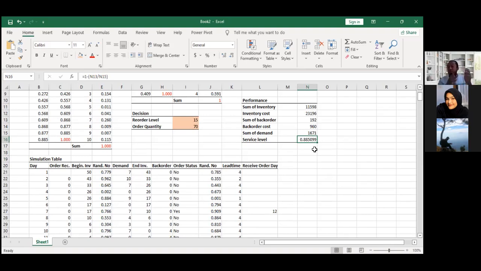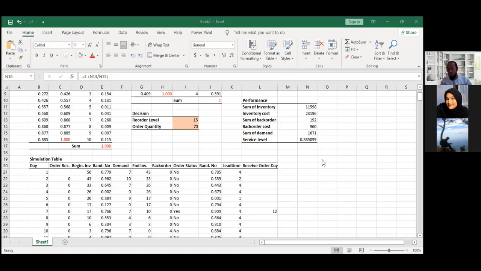On one side, we need to increase the service level. On the other side, we need to decrease the total cost. The problem is when we increase the service level, definitely the total cost will increase as well, and we don't want it. So in this situation, we can try to balance it. If you want to consider this, it can be your thesis topic, or we can try to relate with the supplier. If we can relate with the supplier, it will be supply chain optimization.